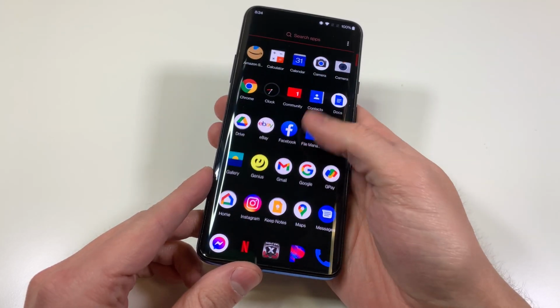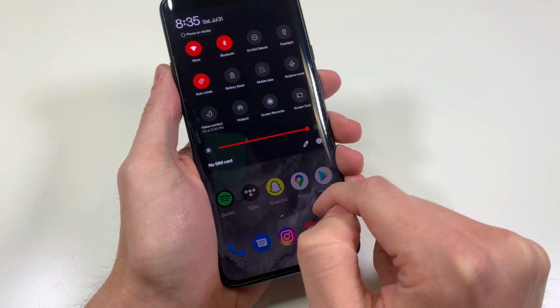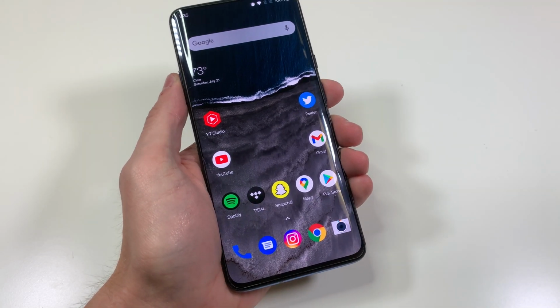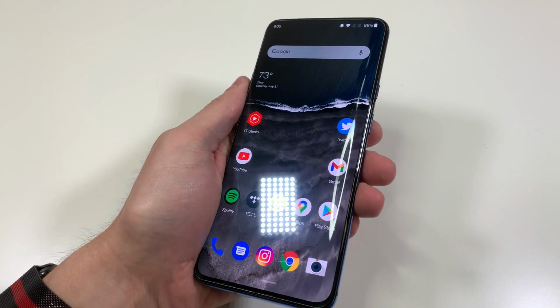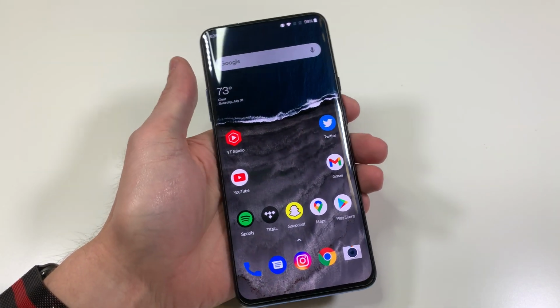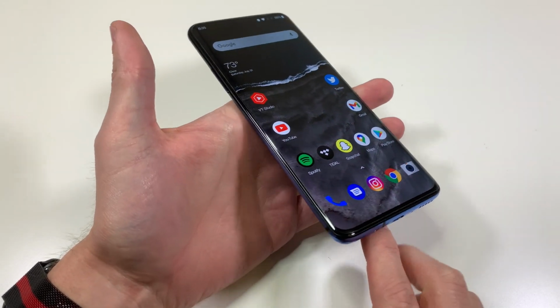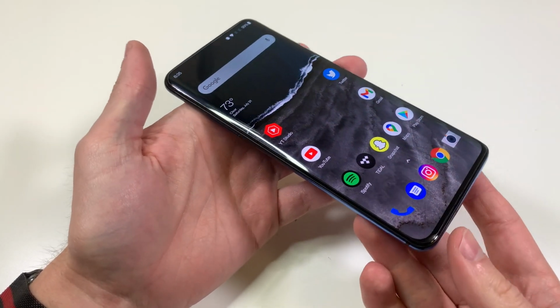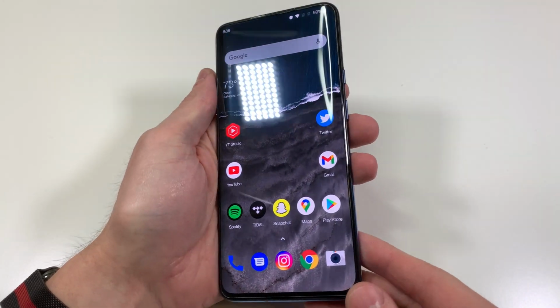size pretty well. As for the brightness, I never really thought it was bad, with the exception of being outside in direct sunlight, but it apparently only hits 450 nits, which is pretty low for this caliber of a phone. Still, the screen is always pretty bright for me and never really killed my eyes at full brightness. It's really been like a happy medium. The issue some people did have with the Pro model was that it's curved glass, while the regular 7 is